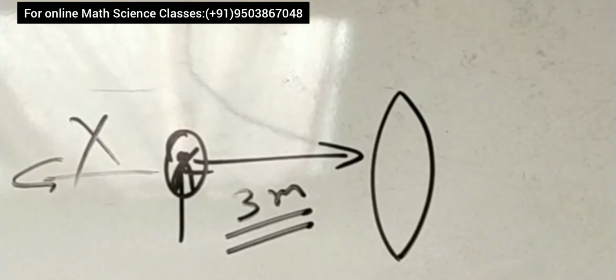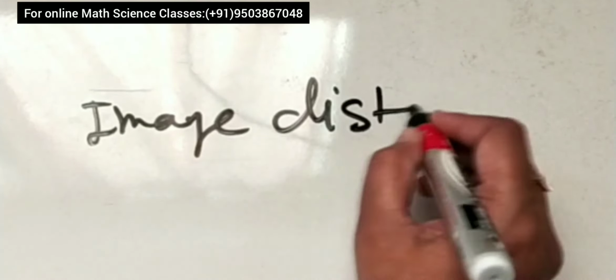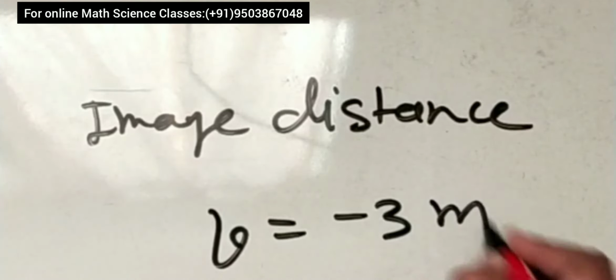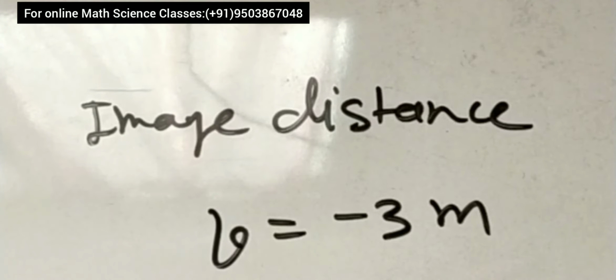Now how will you find the focal length? So 3 meters will be the image distance. You can convert it into centimeters. I will write here: image distance is given, and in a concave lens we know the image distance is always negative, minus 3 meters. Image distance will always be negative as the image is inverted. A real image is formed, and in this case the image is always real. Why in this case is the image real? Because the image is forming on a screen.